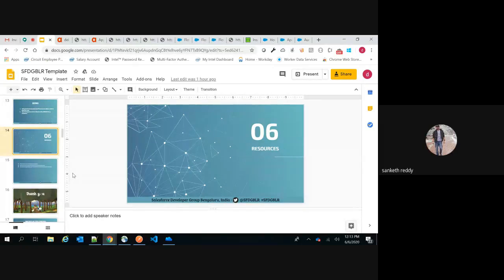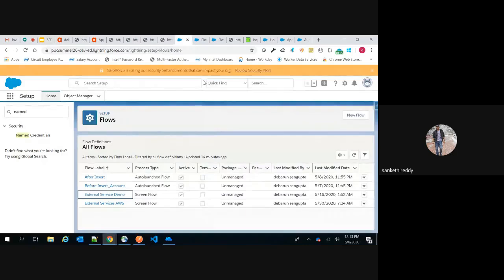So I just had a question. In the external service flow, we used the actual endpoint, the mock endpoint of the APIG, right? We didn't use the proxy endpoint, correct? No, the mock endpoint. Where does the APIG proxy come into the picture for this particular flow? For this external services flow, that will not come into picture.